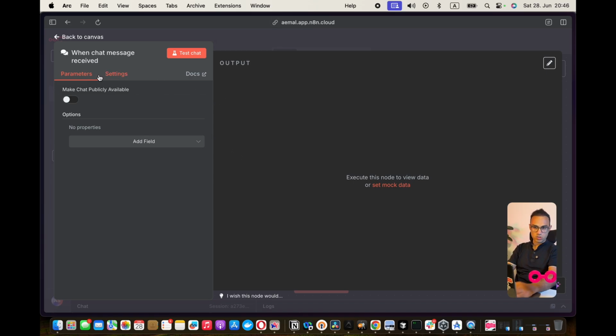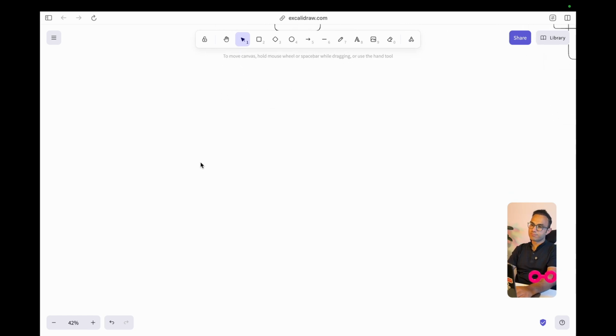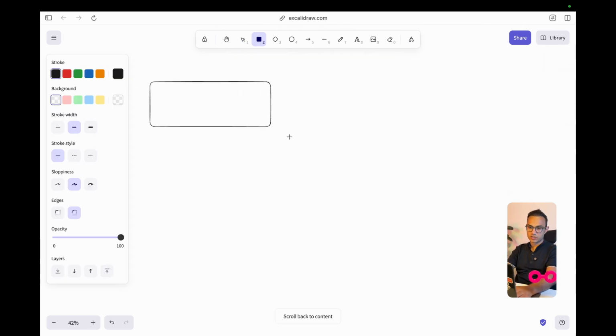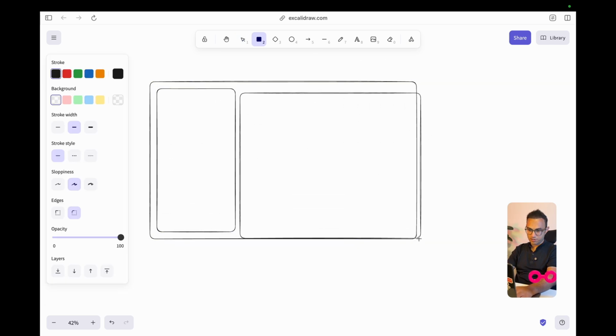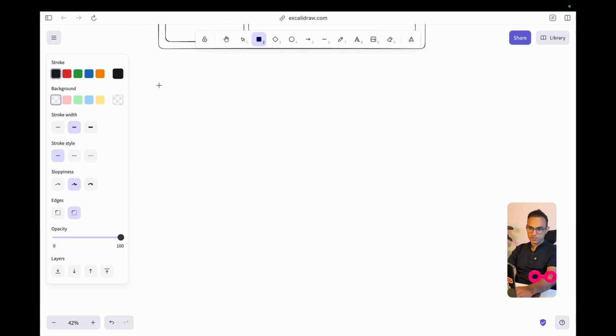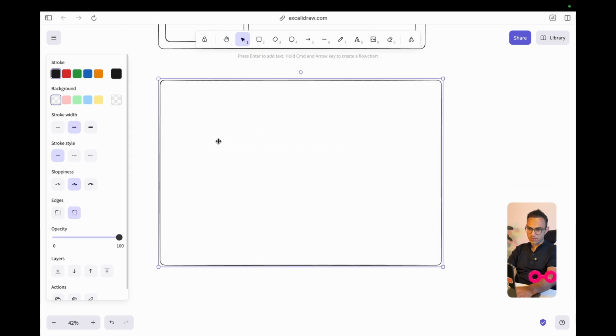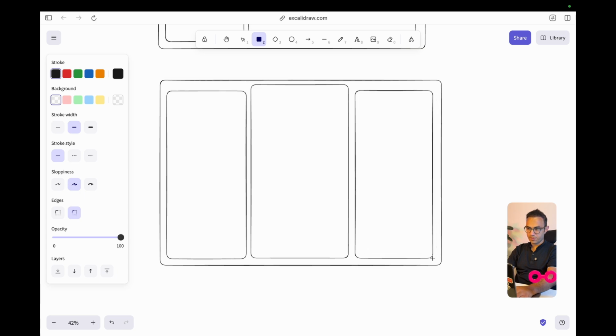n8n workflows or n8n windows come with a kind of a pattern. If I explain it to you, you will get it. If this is a window, an n8n workflow can be of a type like this, and then there could be something like this in here. Or it could be of a type like this, and then having a box here, a box in the middle, and a box in here.